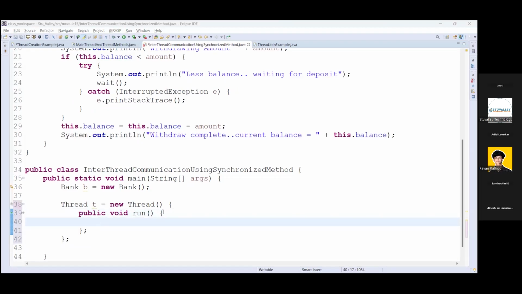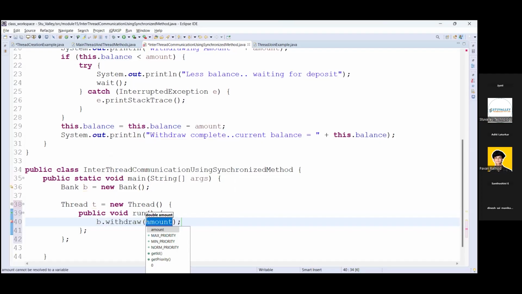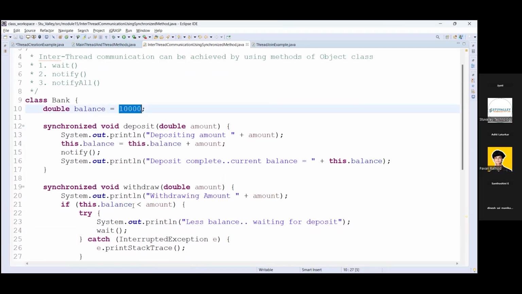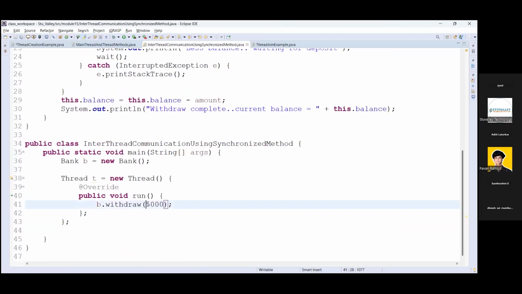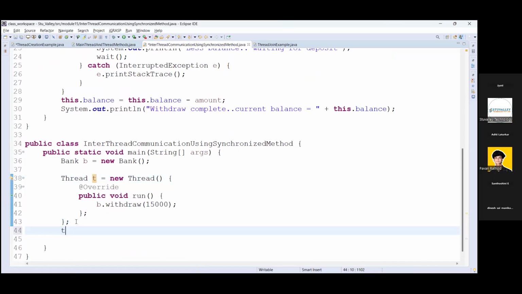So I'm using the run method here. And here we are going to call this b.withdraw method first, which will be in waiting state. I want to withdraw 5,000 amount. My current balance is 10,000. Okay, I will change it to 15,000. We are getting the shortage of 5,000 rupees. So we need to start this thread first. After providing the implementation to the run method, we will start this thread.